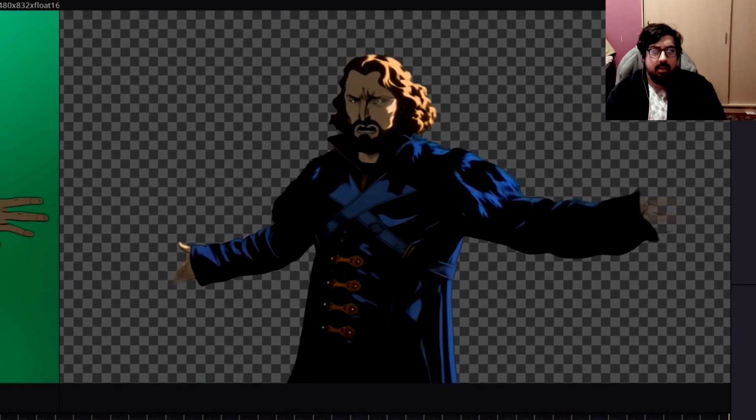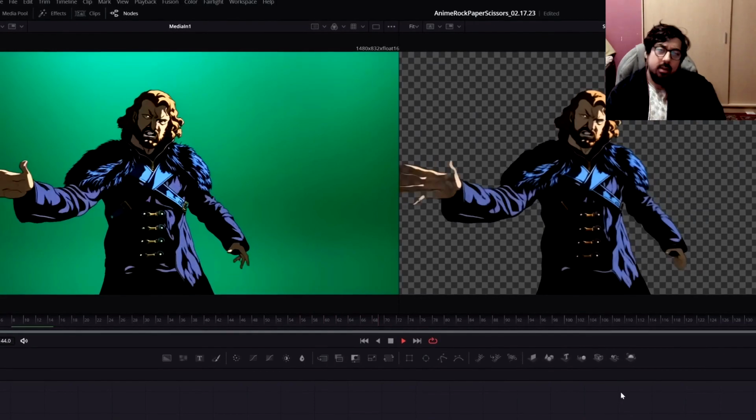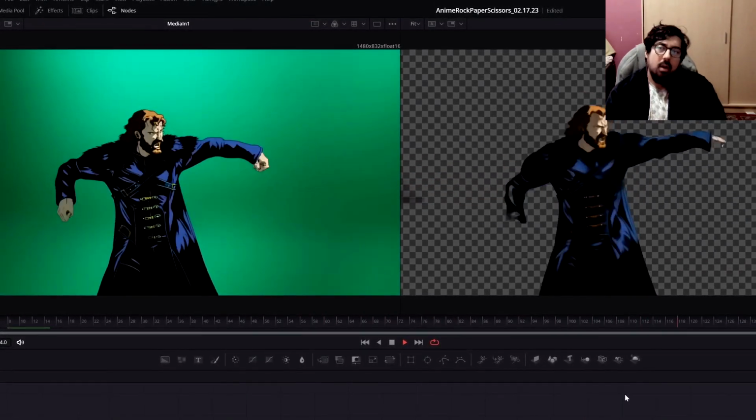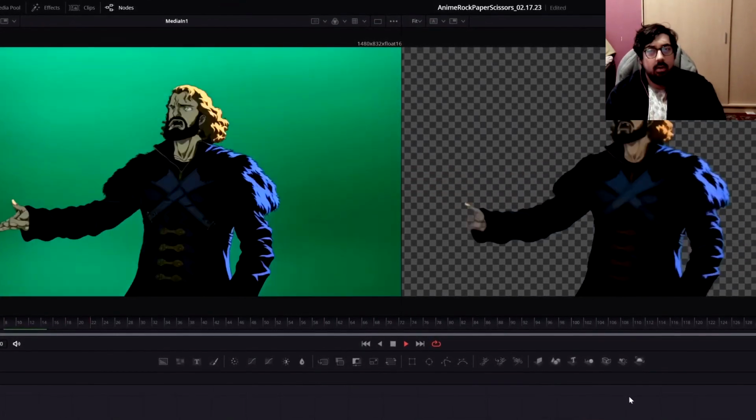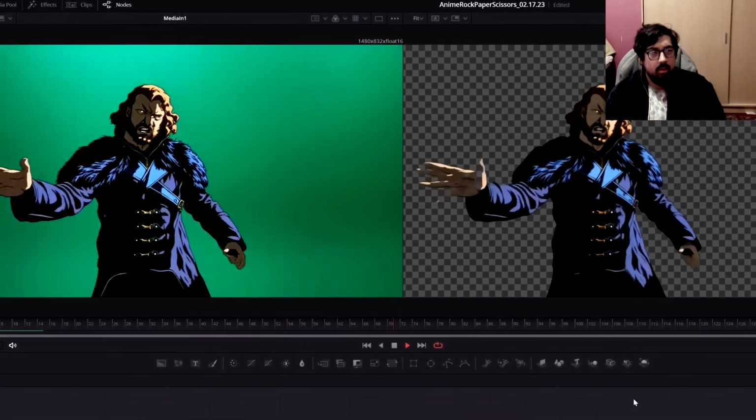The next step is just to pull a green screen key and remove the background. And then finally, reduce the frame rate from 24 frames per second to 12 to look a little bit more like animation and remove even more of that flickering feeling. Now that we have an anime man, we need an anime world for him to live in. That's where Sam comes in.